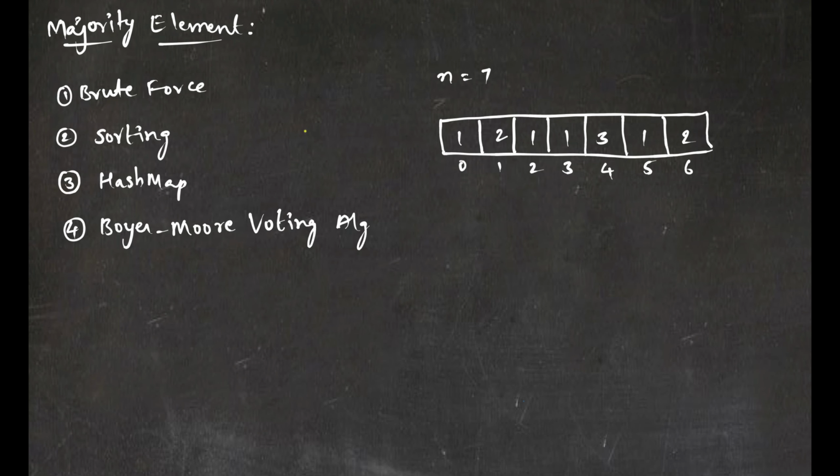There are multiple approaches to solve this problem. I'll discuss these 4 approaches in this video and I'll take this example to explain each approach. Here my entire array contains 7 elements, so I have to find an element which repeats for more than 7 by 2 times. So more than 7 by 2 means 7 by 2 plus 1 at least. So it is 4 times. So it can repeat for 4 times or 5 times or 6 times or 7 times. Since in this array my element 1 is repeating for 4 times, my answer will be 1 here.